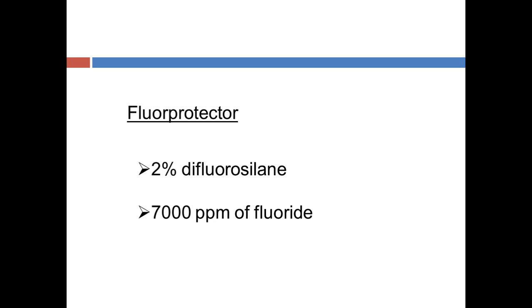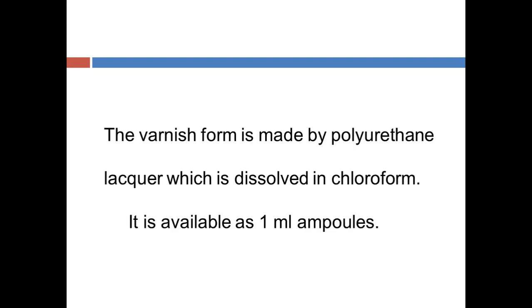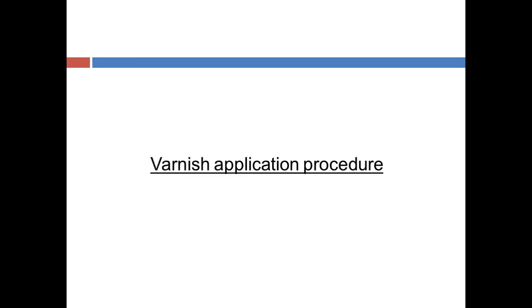Then the next commercial product is Fluor Protector. It is actually 2% difluorosilane, and the ppm will be 7,000. Coming to the procedure of application, this is about Fluor Protector itself. The varnish is made up of polyurethane lacquer, which is dissolved in chloroform, and it is available in 1 ml ampules. Then coming to the varnish application procedure, thorough prophylaxis is a must,